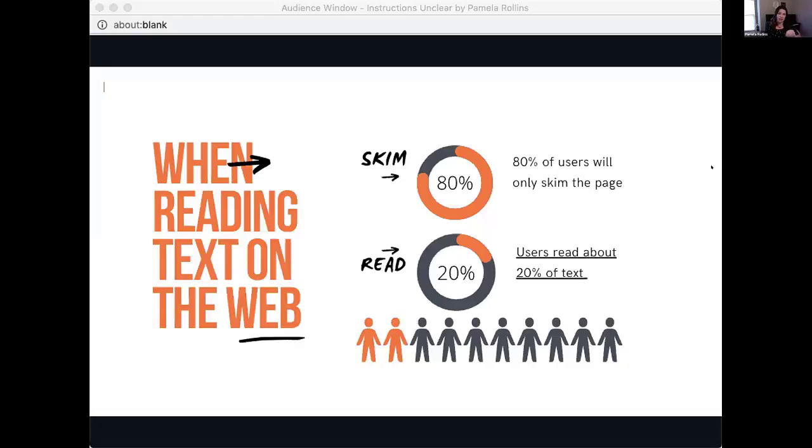The same study, broken down a little more specifically, found that when users are reading or skimming a page, they're only reading 20% of the words on the page. I'll let that sink in for a second because I did not enjoy that statistic.